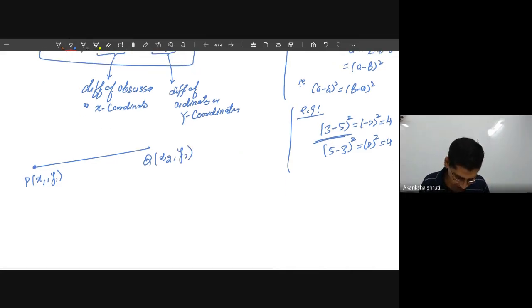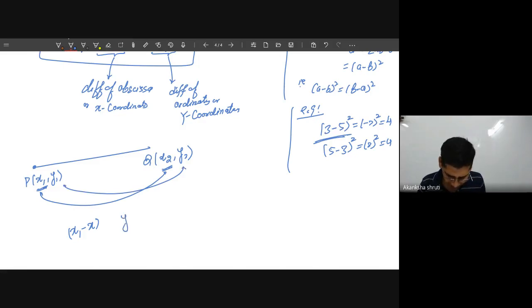then what do we have to take? We have to take the x coordinate of this one, x coordinate of this one. Means we have to take x1 minus x2, and then the difference of y1 and y2. Means the same order, y1 minus y2, or even if you are taking y2 minus y1, that doesn't make any difference. Then you have to square them, add them, then take their under root. Okay, it is like this one.